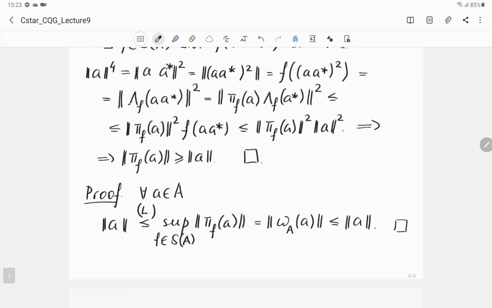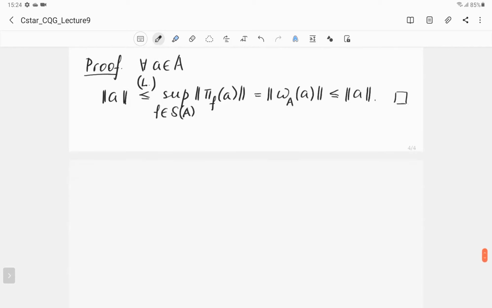So it is an isometric embedding of the algebra A into B of H, where H is a very big Hilbert space, namely the direct sum of H f over all states. So in general, this Hilbert space is very big. I don't claim that it is separable. Even if the algebra A is separable, the Hilbert space of the GNS representation usually is not separable. However,